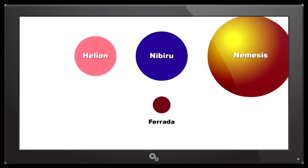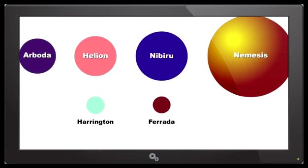The second largest planet in the Planet X system is Helion, as it is known by the inhabitants of the system. It is 3.5 times the size of Earth, but as a bright gaseous planet, its mass is only 2.5 times that of the Earth. It also has a moon we named Harrington in memory of the U.S. naval astronomer Robert Sutton Harrington. In size and mass, Harrington is comparable to our own moon. The smallest of the 3 planets is Arbota, as it is known by the inhabitants of the system. It is 2.5 times the size